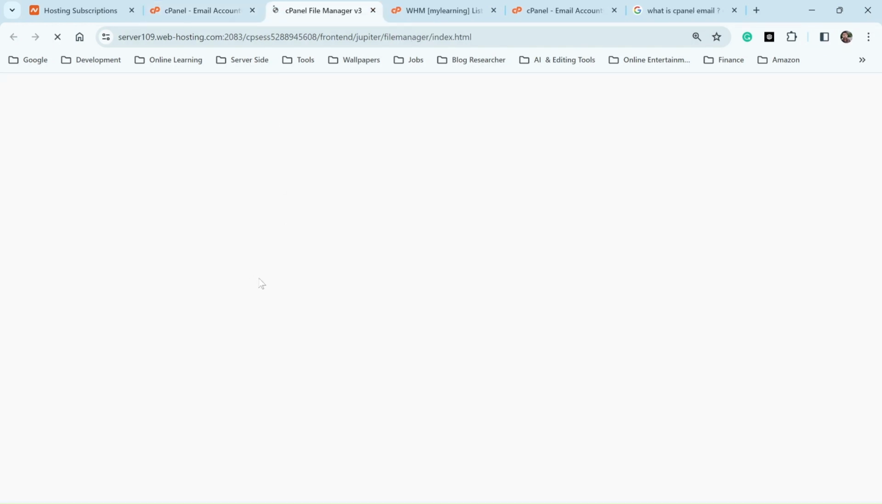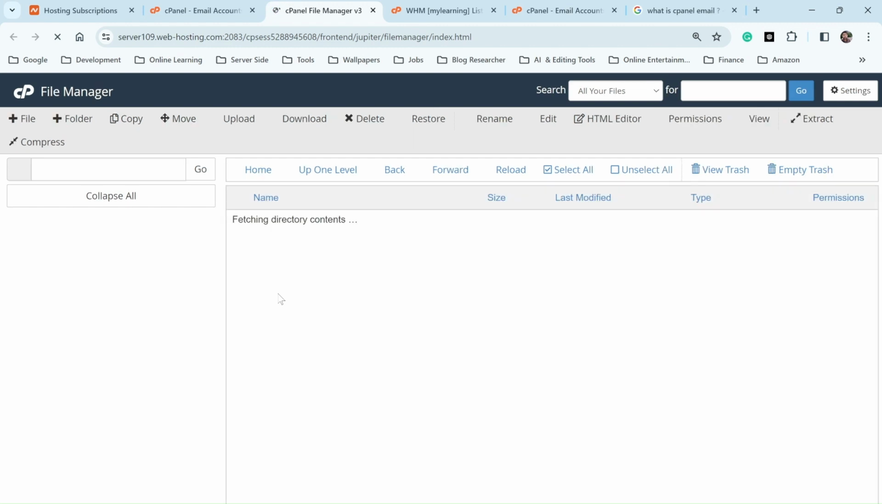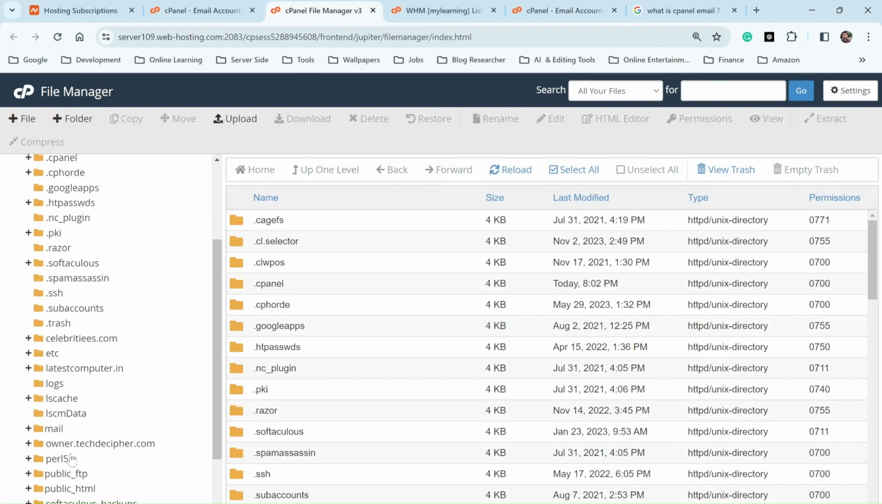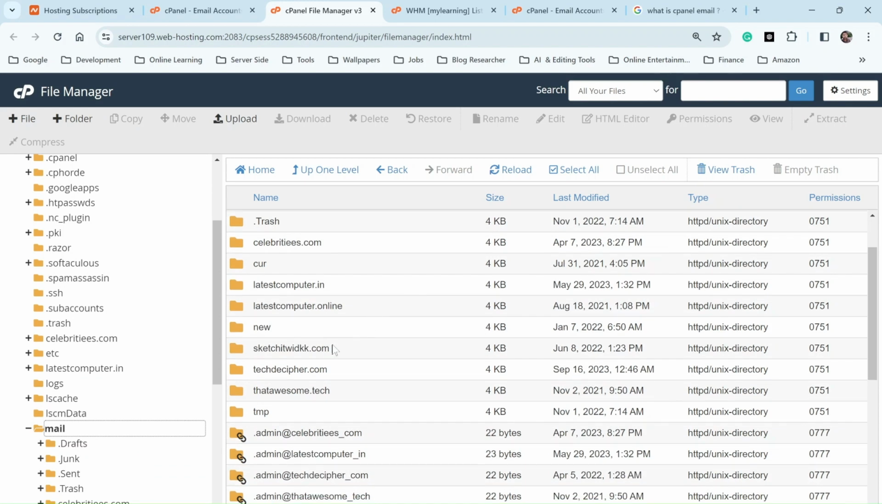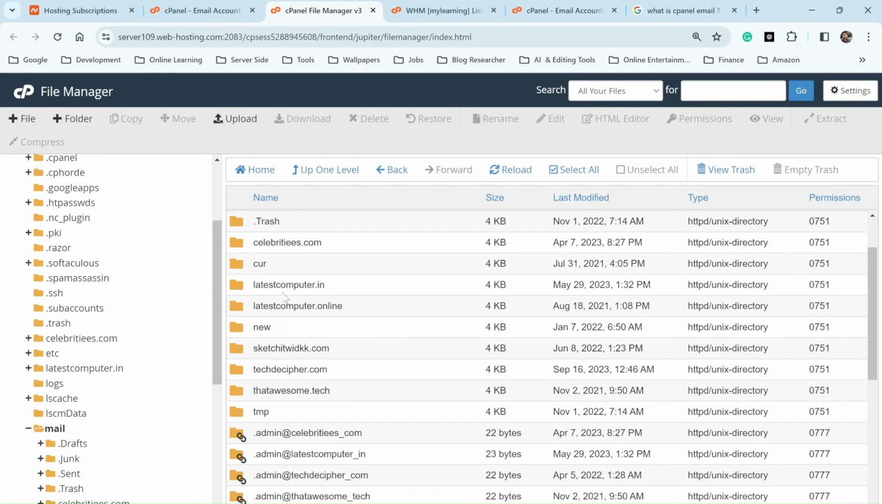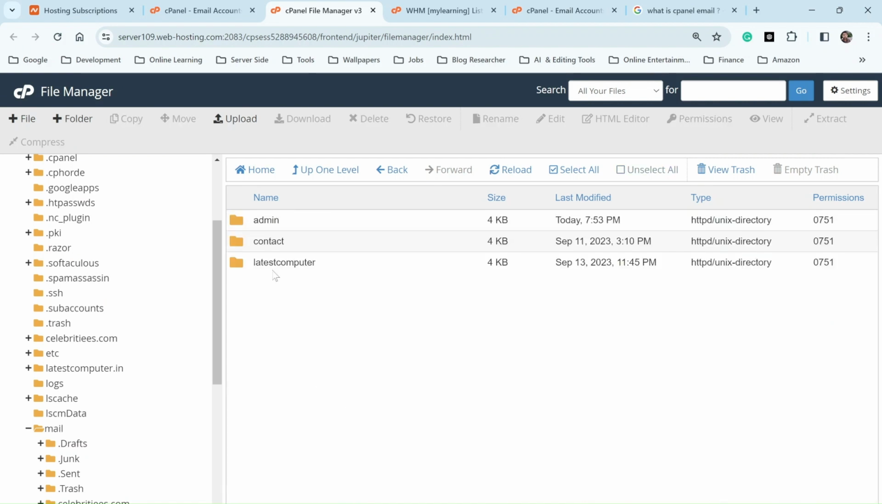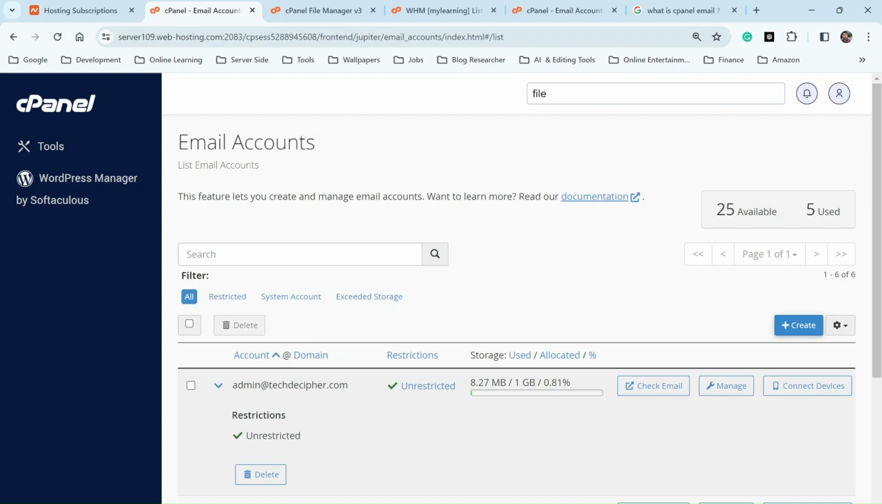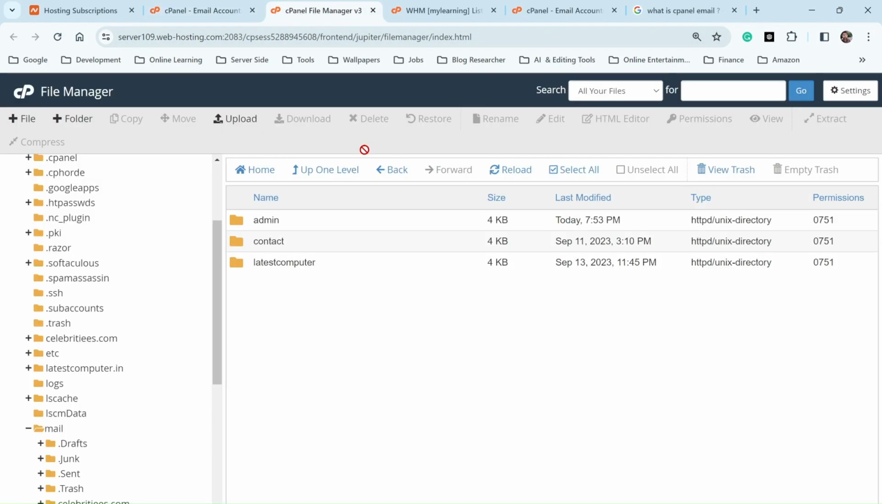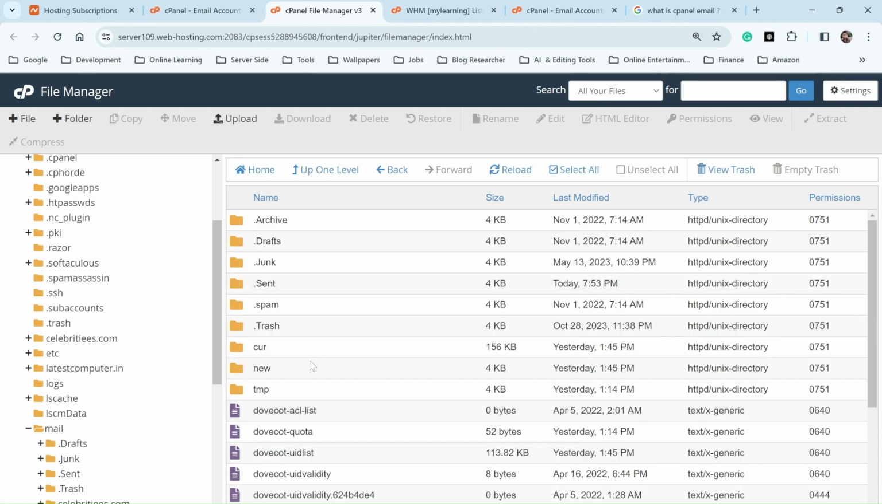open it in a new tab, and after the File Manager is opened, go to the mail directory. From the mail directory, go to the domain in question. For example, I want to migrate admin@techdecipher.com, so I will browse the techdecipher.com directory. I'll go into that, and click on the email that I want to migrate. As I shared before, I want to migrate admin@techdecipher.com, so I'll click on this folder, admin, and